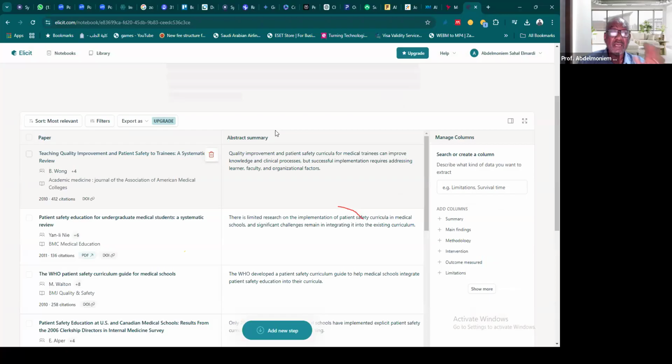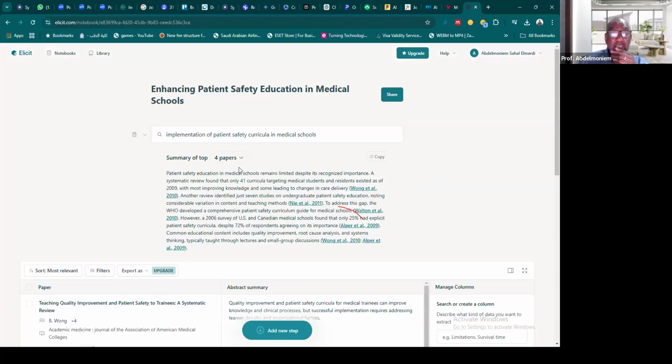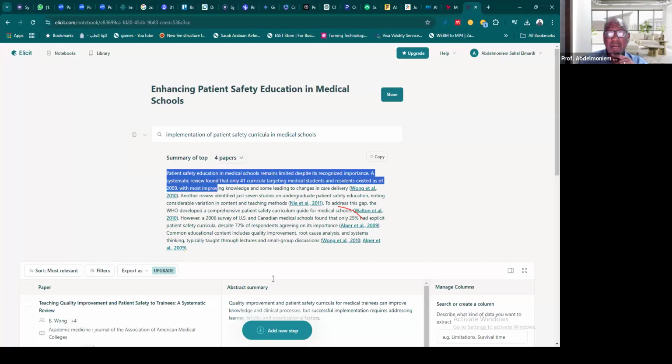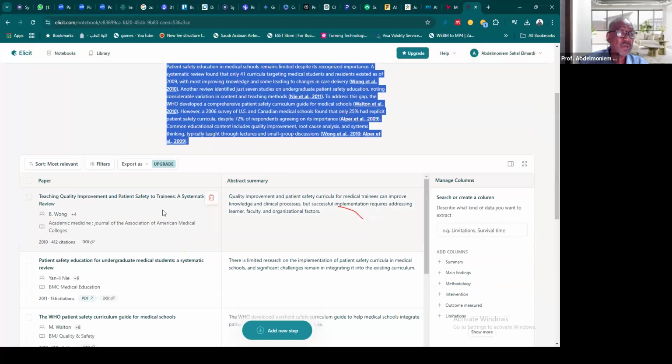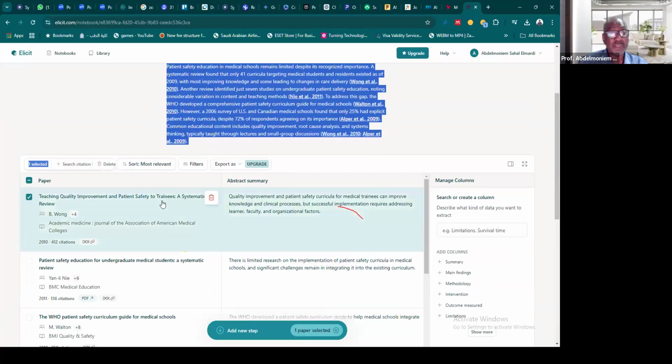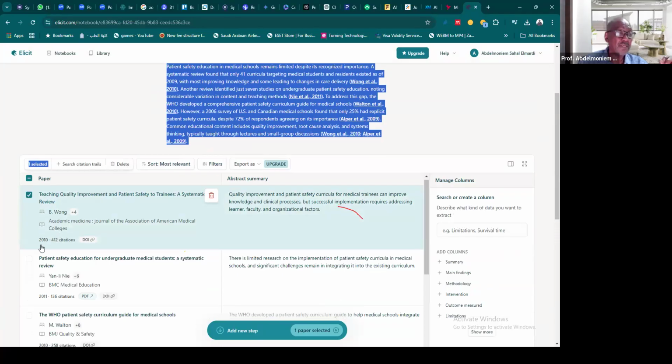So you see, it actually identified the top 4, and it extracted a summary on patient safety education. It gave me, first of all, the extraction. And what did it extract from? Paper number 1, teaching quality improvement and patient safety to trainees, a systematic review. And this is the actual abstract of the data.